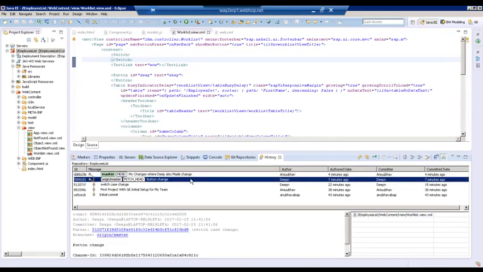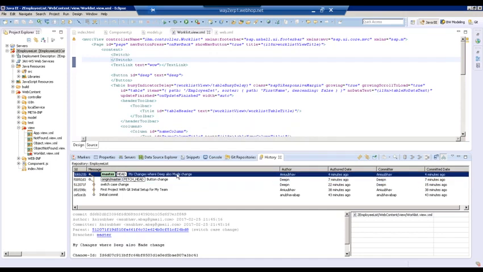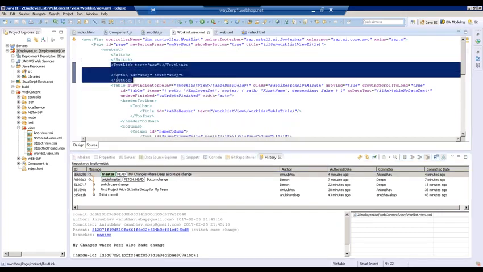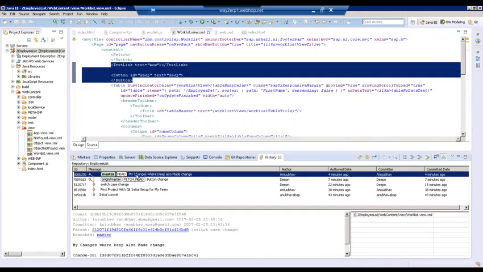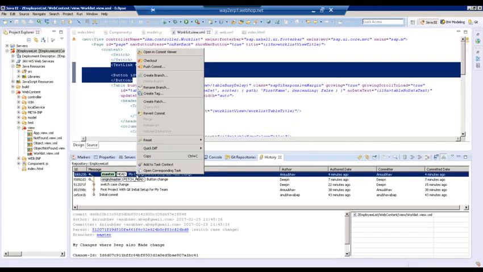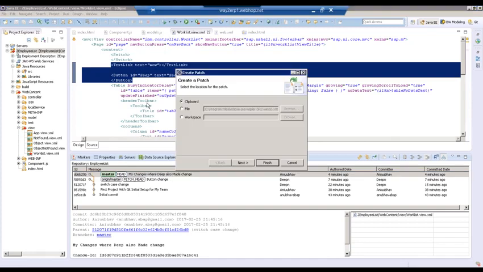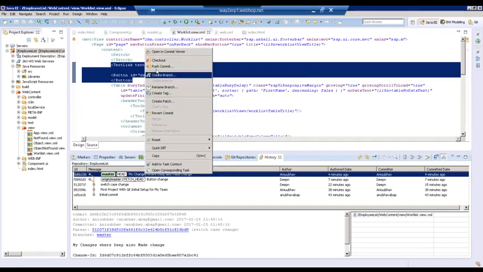No, that won't help. I have to take my changes as final changes and update in the server. So now this is the final state. I have already adopted these changes by doing a merge, but now I need to see, can I just update it in the server? Create a patch, no, right click,